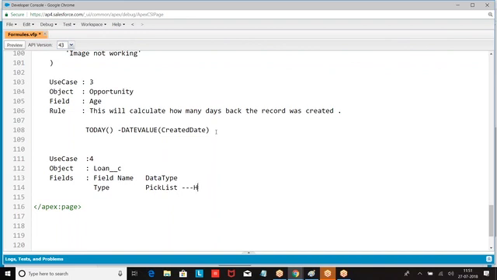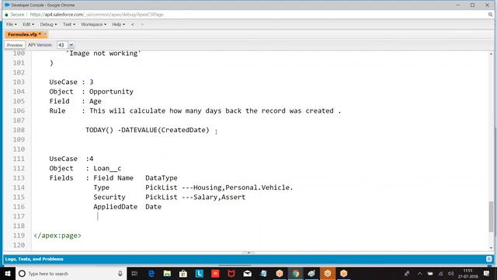What are the values? Housing. Then security: on what basis you are taking the loan, salary or asset, based on property or asset. Then applied date, applied amount,